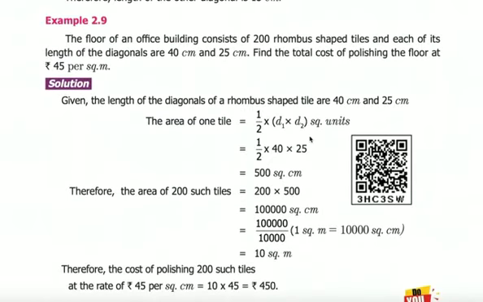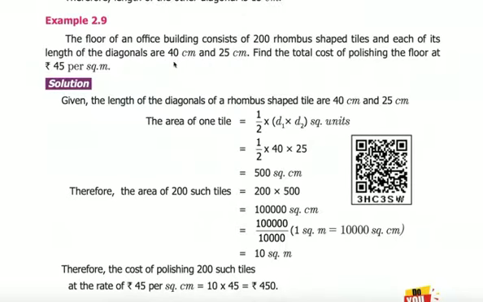The floor of an office building consists of 200 rhombus shaped tiles and the lengths of the diagonals are this and this. Find the total cost of polishing the floor at 45 per square meter. Cost is in square meter. Okay, 200 rhombus shaped tiles. Half of this into this, so area of one